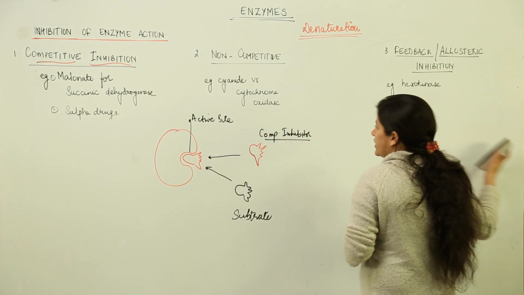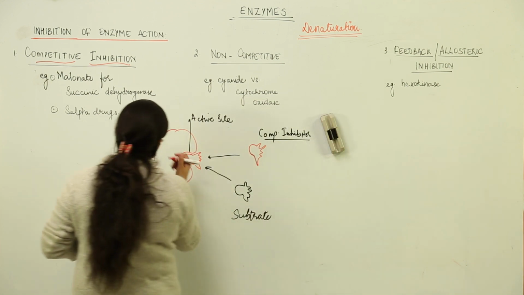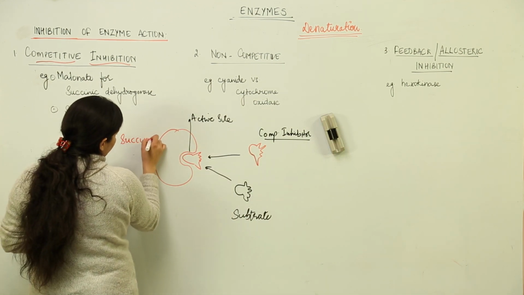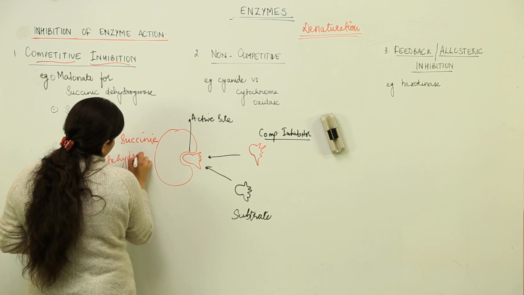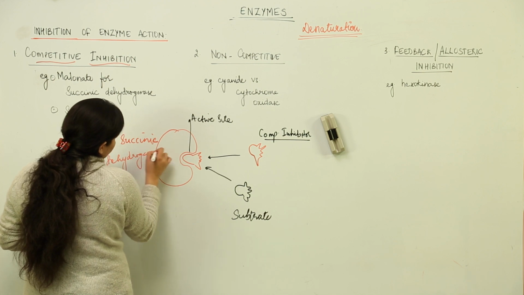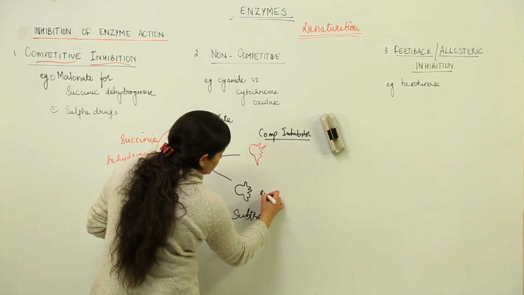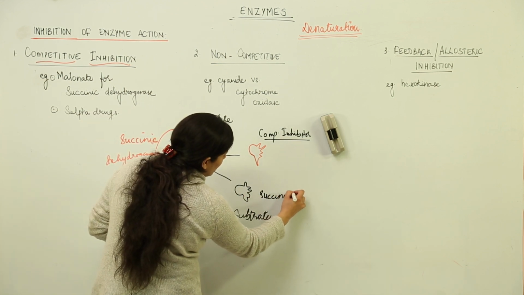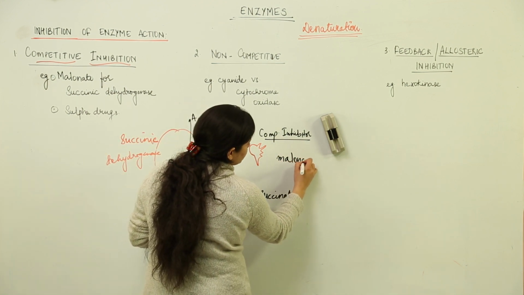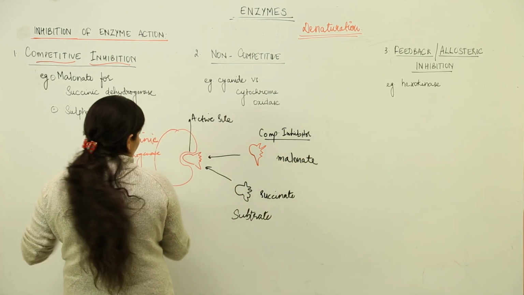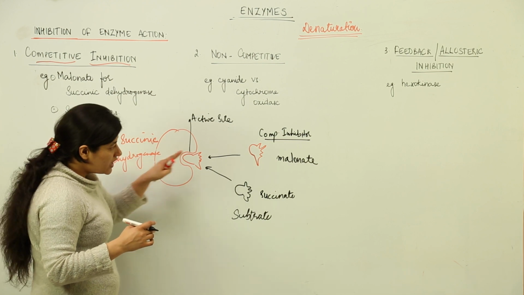The example that we do is that of, let's consider this enzyme is succinic dehydrogenase. You remember this is an enzyme that is very important in the Krebs cycle, where succinic acid has to come and combine. The substrate would be succinate, but succinate has a close resemblance with malonate. So succinate has to come and combine with succinic dehydrogenase, but malonate comes and combines with the enzyme,